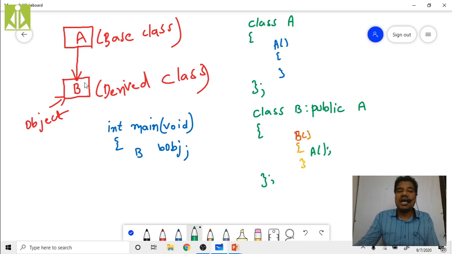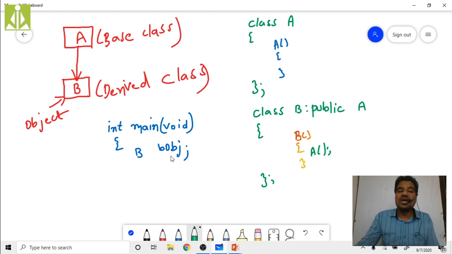And that default constructor in turn is going to have the call to the base class default constructor as the first statement.